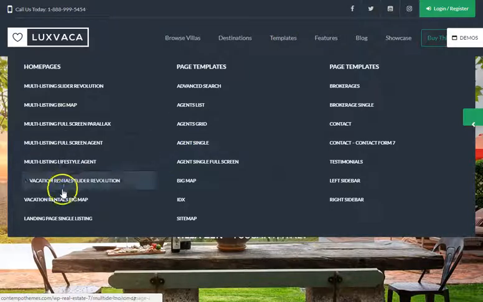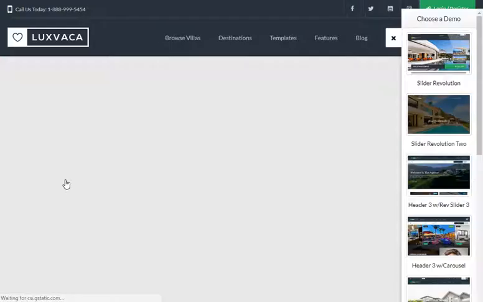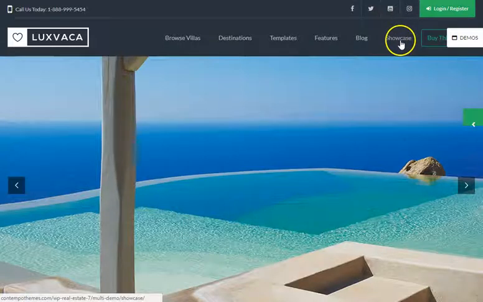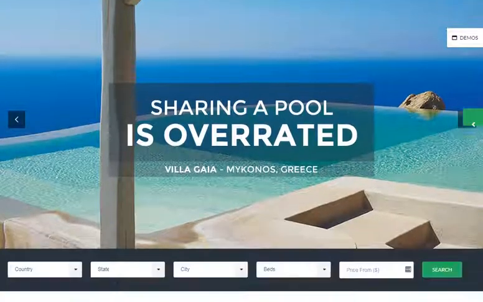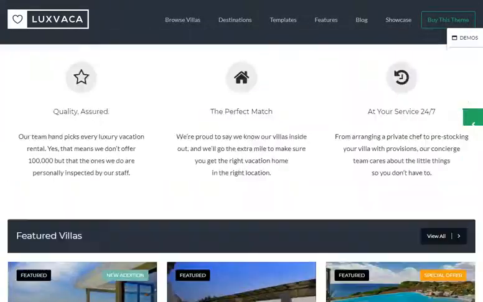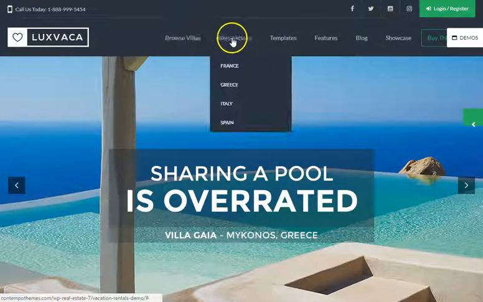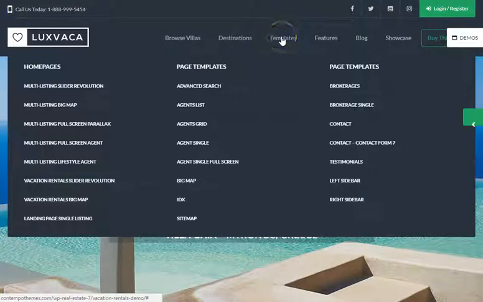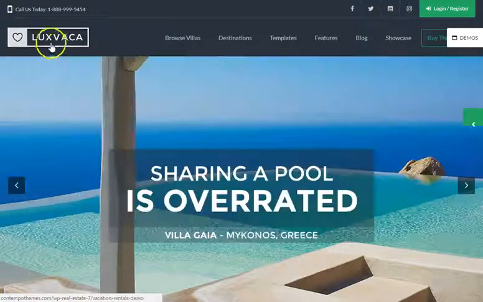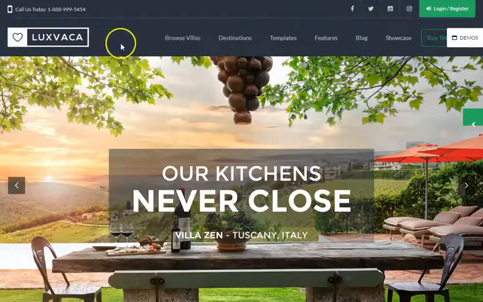Now if you go down here, let's see, there's a rentals. So if you're doing rentals, I can do rentals for you. If you're doing both rentals and sales listings, we can do both. We already showed that one. So you can kind of get the idea. Whatever you want, you can take a look at this later. It's called a LUXVACA theme. And just get back with me and we'll talk about this one. And I can go through the details of what you need,